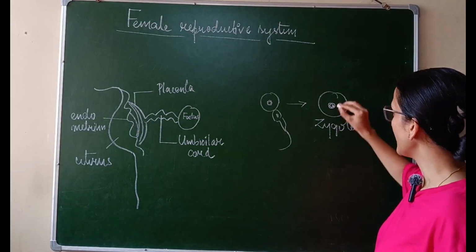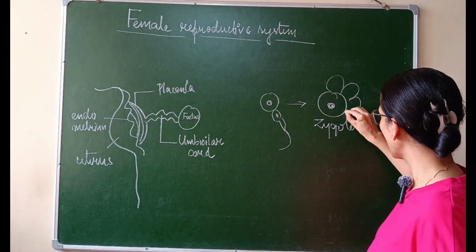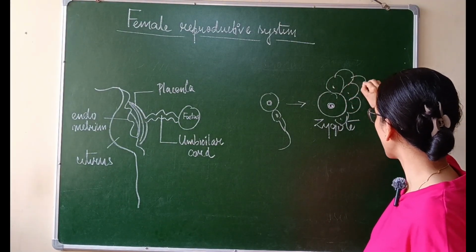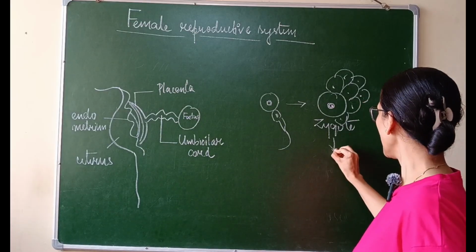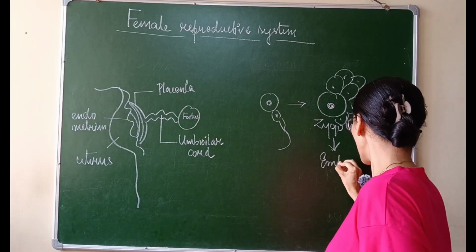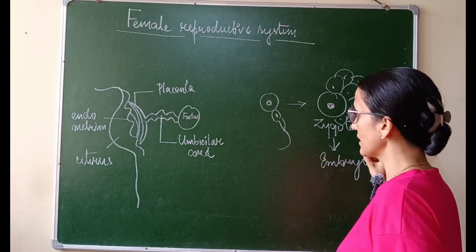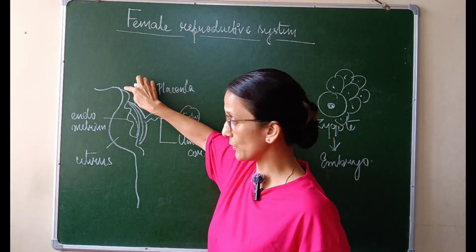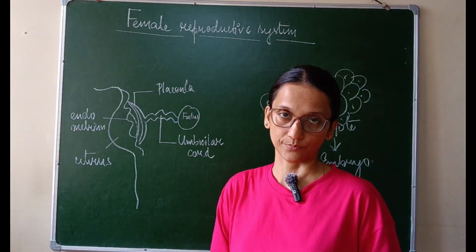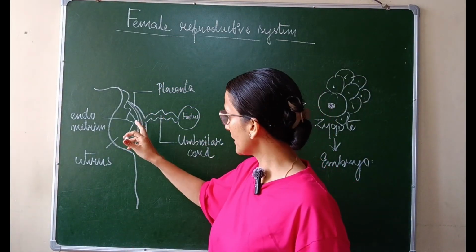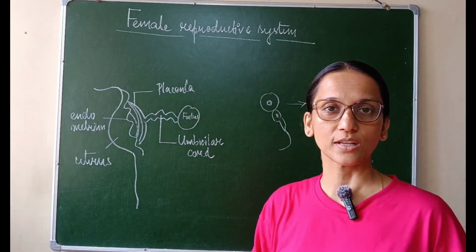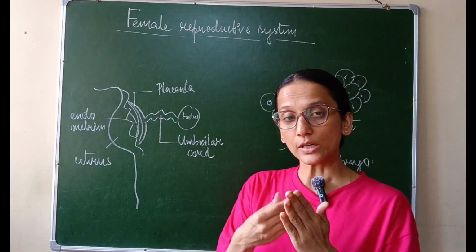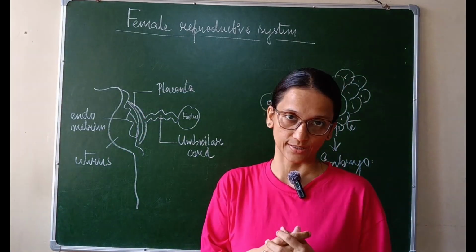And ये zygote will now undergo division, mitotic division, जिससे इसके number of cells बढ़ने लगेंगे, and then it becomes a structure called embryo. जब ये embryo बन जाता है, then it slips from the fallopian tube and comes and attaches here in the uterus. और मैंने कहा था the inner lining of the uterus is known as endometrium. लेकिन ये जो अटैचमेंट होता है ये शुरू कैसे होता है?